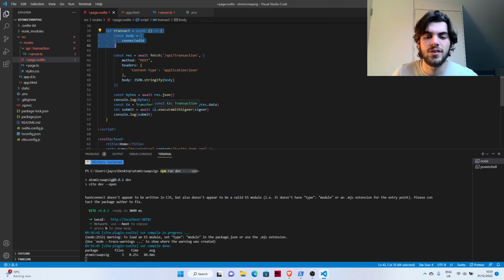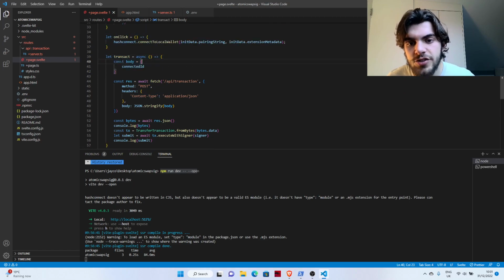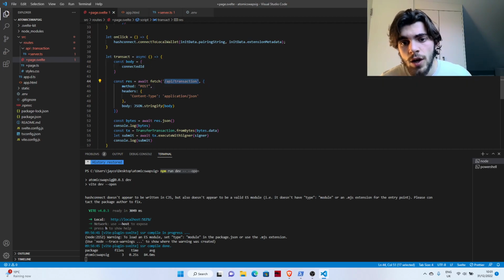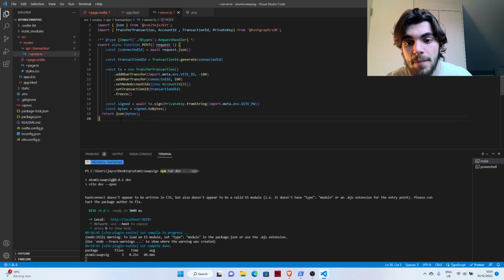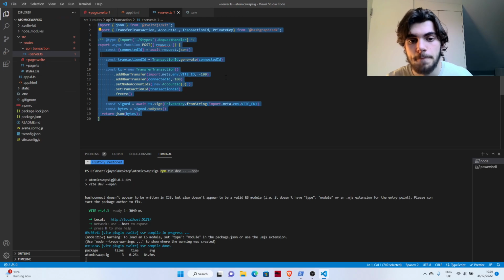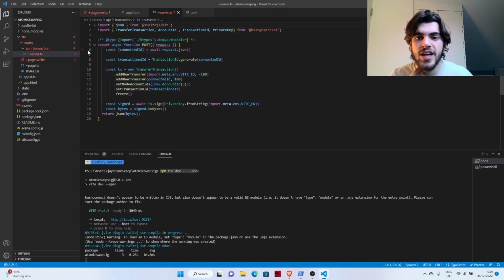Apologies if I'm going a bit quickly as well, but I suppose you can always pause. And this transact function is going to be calling the API route which we've just made. So the only thing that we're passing through is the connected ID. That's going to be the body of the post request. And we're going to this endpoint, so it's the /api/transaction endpoint. And now I think it's a good time to pop over to our endpoint over here in the SvelteKit API directory. So this, again, we're using this